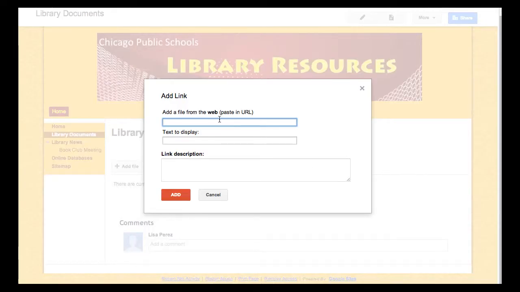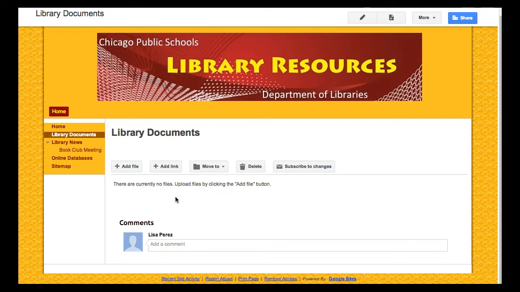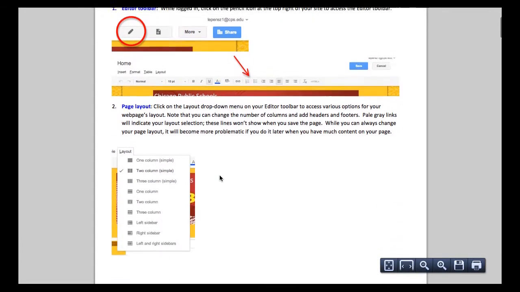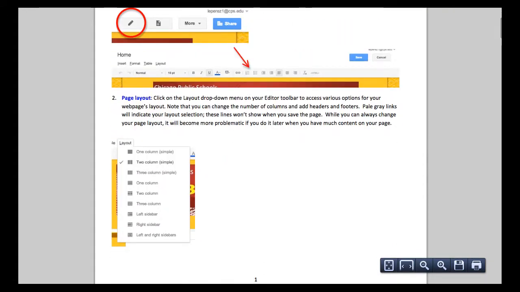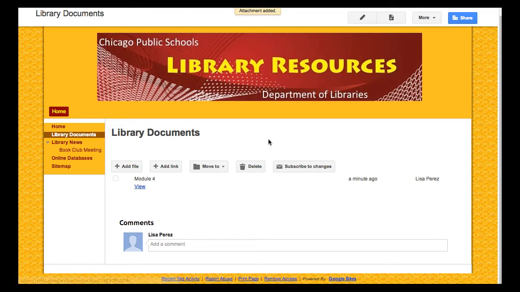So let's paste the URL for Module 4's handout and type Module 4. And we could put a description there, say add. And that's showing up. And if anybody wants to download that or view it, they can do that. And so there it's linking over to our PDF document. So this is not a type of web page that most people will use a lot, but there may be a need to do that for some of your purposes if you have documents that you need to distribute through